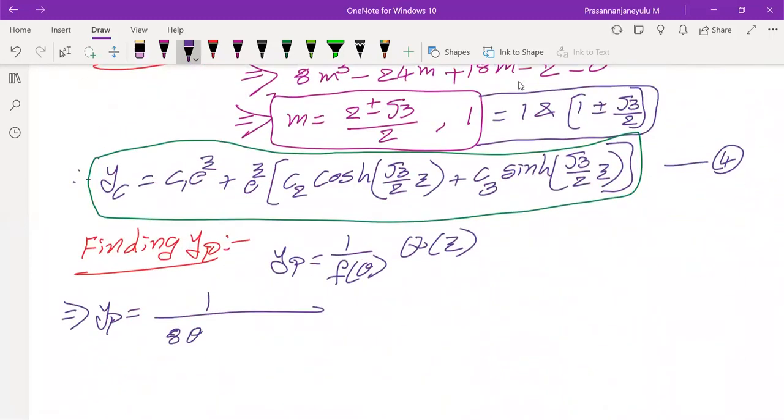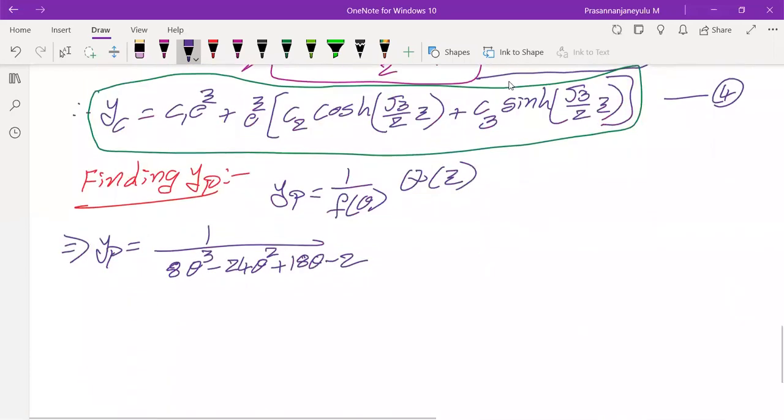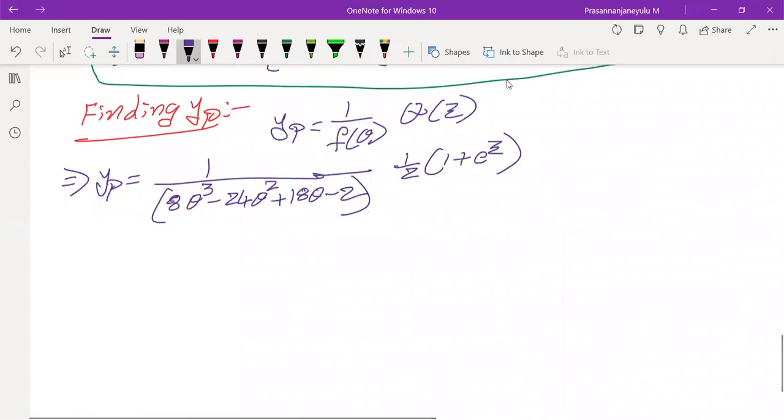8 theta cube minus 24 theta square plus 18 theta, I think minus 2, of what is the q of z? We have 1 by 2 into 1 plus e power z. Am I correct? So we have to separate the right hand side. There is a q of z into 2 terms. So 1 by 2 is common for both, 1 by 2 into, using the